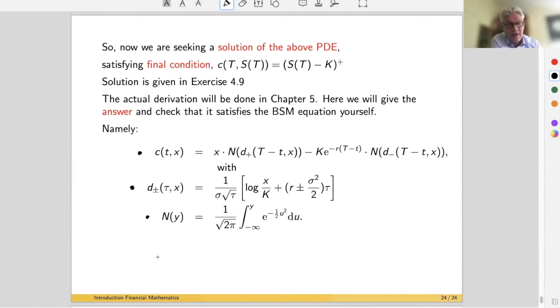Particularly, we have the value with this C0, S0, right? We can substitute t equal to 0, and then of course capital T minus t would be capital T, and S0 we can substitute for x, and in that case we get an expression which represents the value of the option. At the same time, that represents the value of the portfolio. And so that is the value of the option, and with that amount of money, we can buy delta stocks